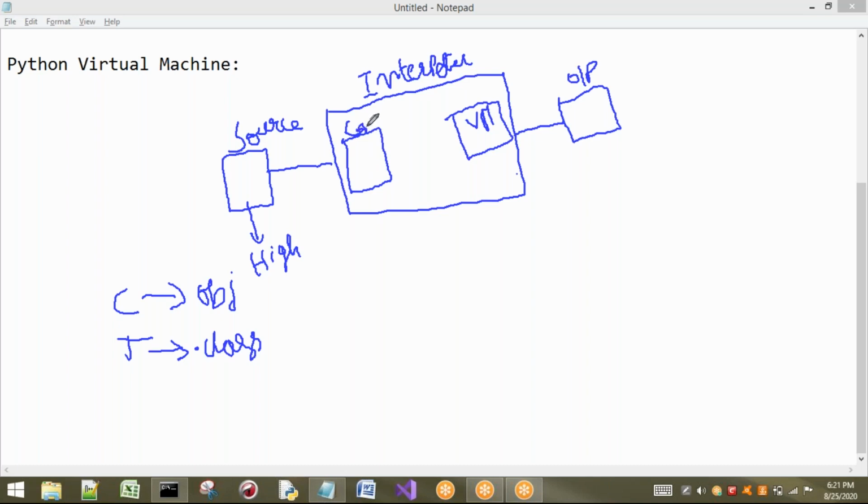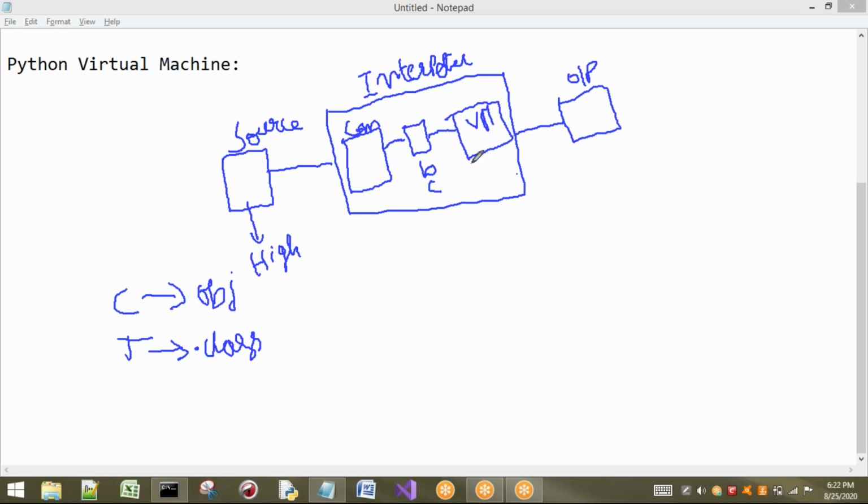So a compiler will be there. After compilation of this source code, we get, as I discussed yesterday, bytecode. Very important: bytecode. If bytecode is generated, that bytecode will be sent to the virtual machine, and the virtual machine will execute the code.